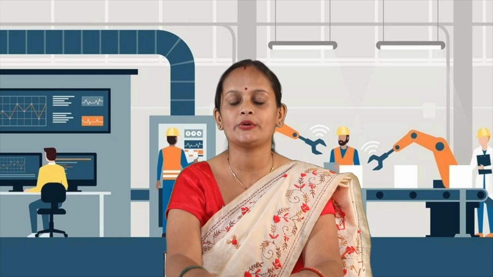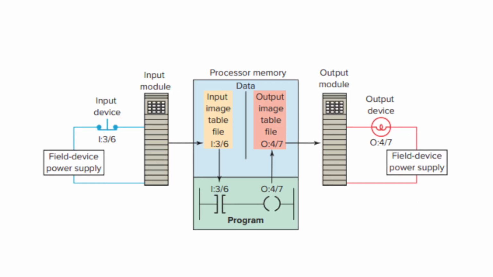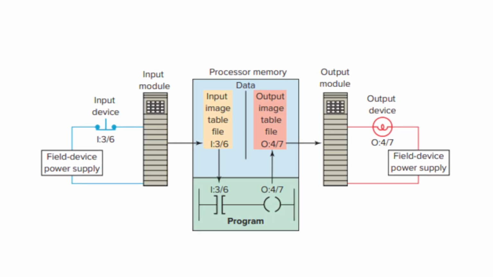During the scan process, the PLC performs several tasks for each rung of the ladder logic. It examines the status of input image table bits and evaluates the ladder logic for logic continuity. It updates the output image table bits if necessary according to the logic condition, and then it applies the output status to the actual output terminals. This ensures that each input and output is accurately represented in the memory. Here you can see clearly in the figure the PLC scan.